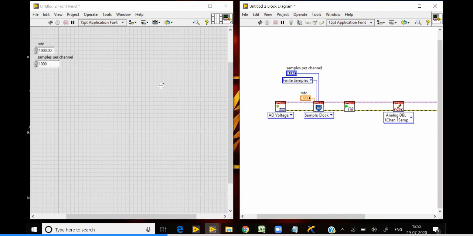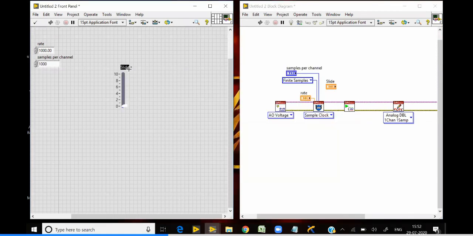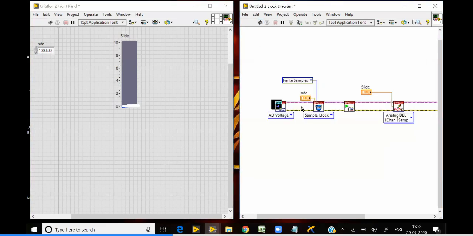So here I'll take a vertical slide and connect it. Since we have configured it for a single value, we don't need the number of samples to write.